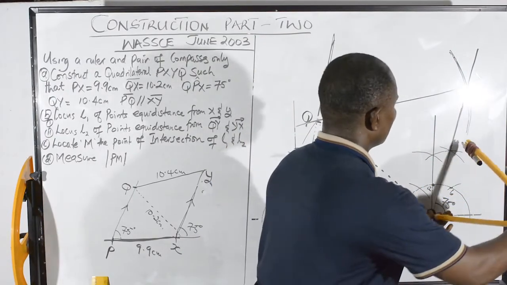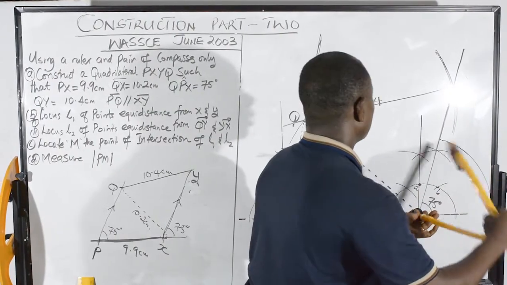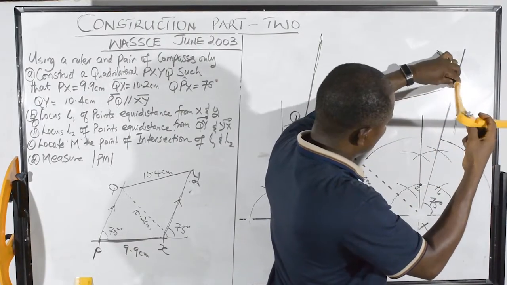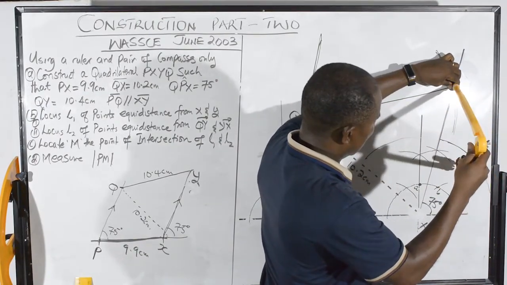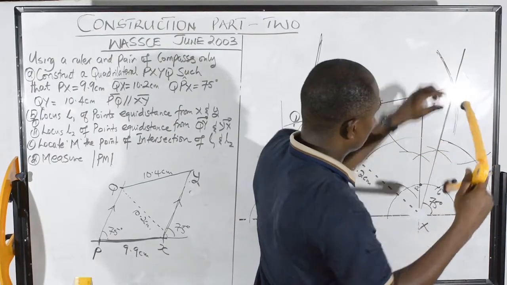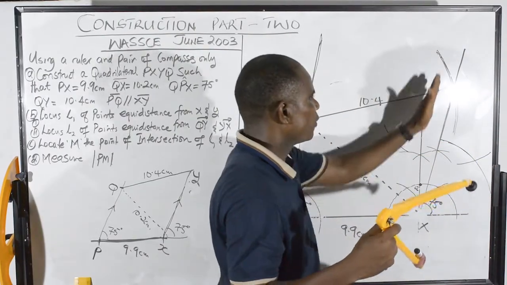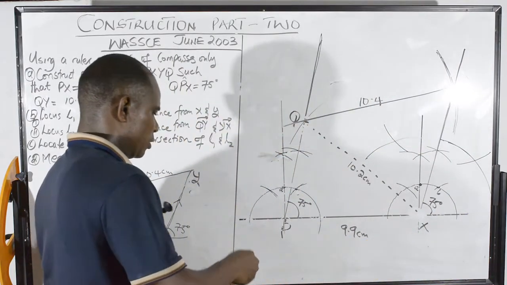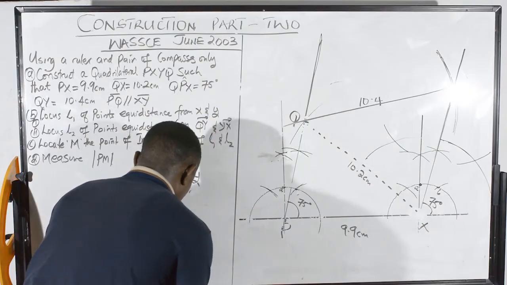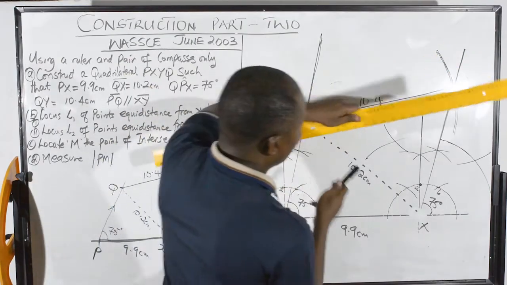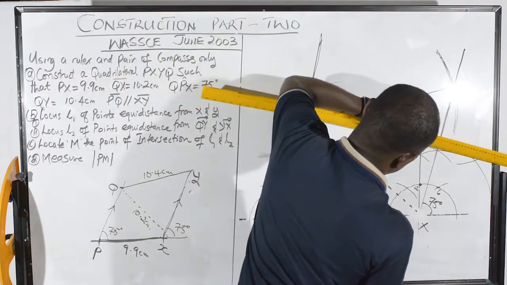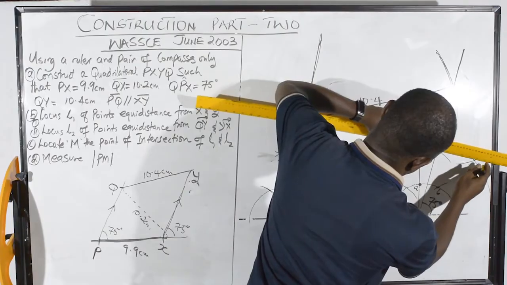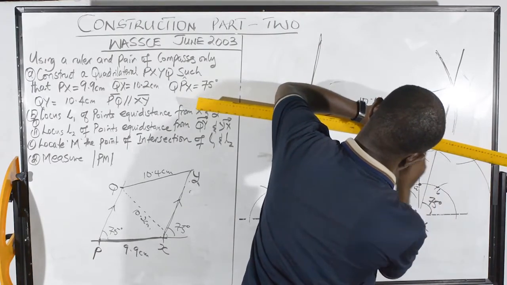Strike an arc somewhere there, and maybe strike it somewhere there, and I use the same point here. I strike this arc, then I strike the same arc here. So this point and this point should give me the 90 degrees straight there. Because it is 2 points, we have to use 90 degrees. Remember that. So I draw the perpendicular from that point.